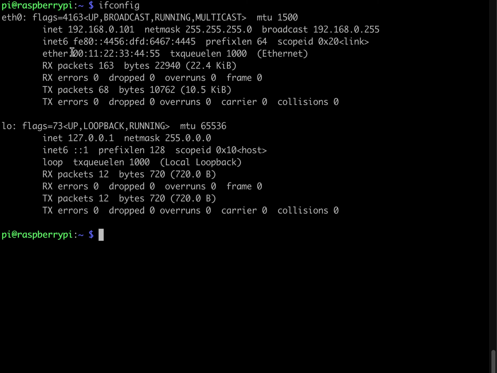So once this reboots, we can get back into it. It should be coming up here shortly. Alright, so now that we're back in, let's do another ifconfig, and as you can see, our MAC address